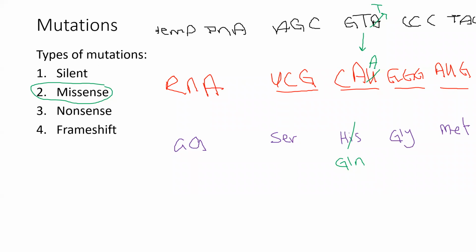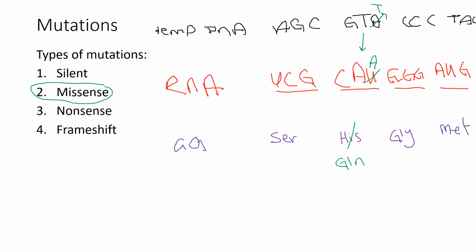We know that because instead of making histidine, we're incorporating glutamine. Now, histidine and glutamine are two very different amino acids, okay? So incorporating one incorrect amino acid can be detrimental to a cell. And why this is important is because the cell, in some cases, will die. Okay, the incorrect amino acid shuts down,